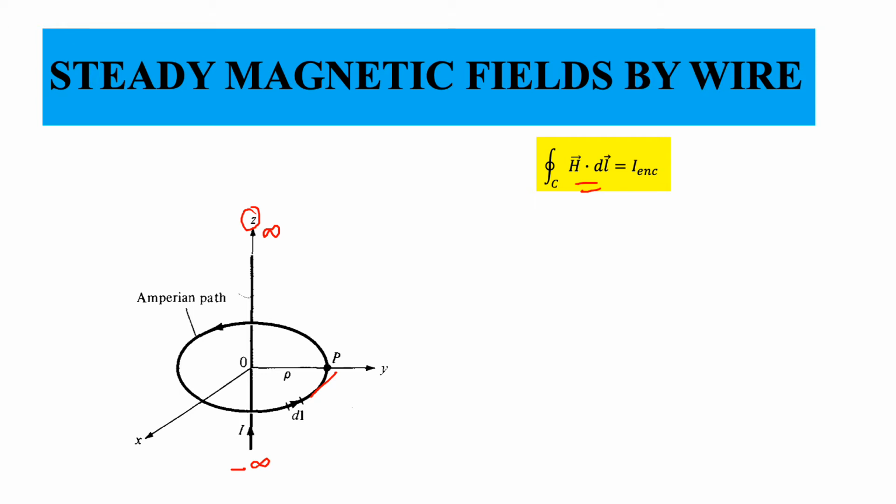Now looking at the problem, it is quite obvious that we need to involve the cylindrical coordinate system, because the wire extends all along the z-axis and it is easy to consider contours which are circles of radius r surrounding the z-axis. For example, you might consider a contour like this one. This contour has a certain radius r, and phi goes from 0 to 2 pi because you are surrounding that wire. This is also happening at a constant z plane.